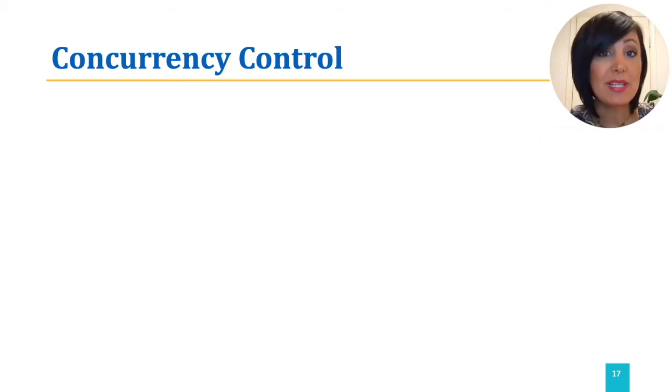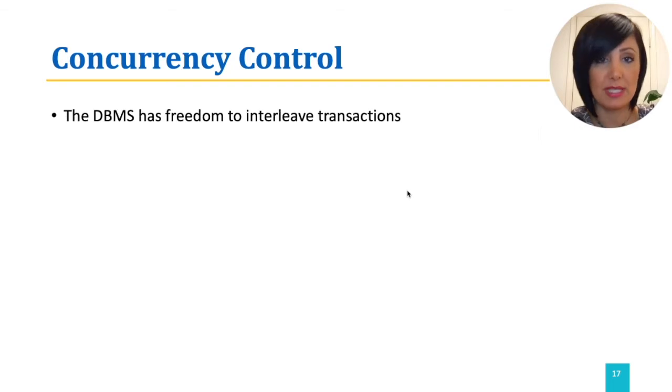The database management system can interleave transactions to enhance performance. We saw that we might get different results if we change the order of transactions, or the order of the set of instructions within different transactions, which is what happens when we interleave transactions. So, what do we do to not let that happen? Does that have anything to do with isolation and consistency?